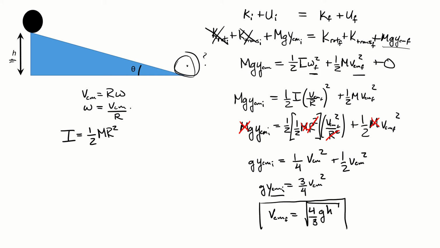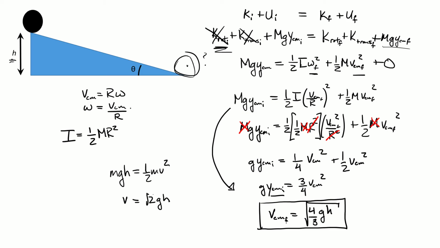I went through a lot of detail in the algebra from here down, but fairly quickly, using our conservation of energy like we've done before, we can figure out the speed at the bottom of the ramp. What's interesting is, had we not done this kinetic energy of rotation, had we just used the particle model, what we end up with is mgh is equal to 1/2 mv squared. Our old, should be familiar result by now from just the particle model. We get v is equal to 2gh all square rooted.